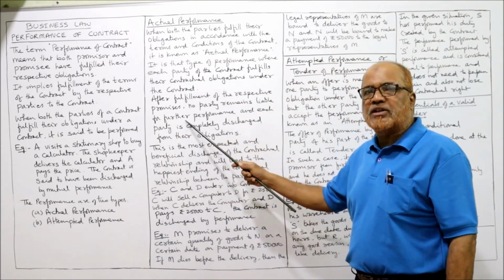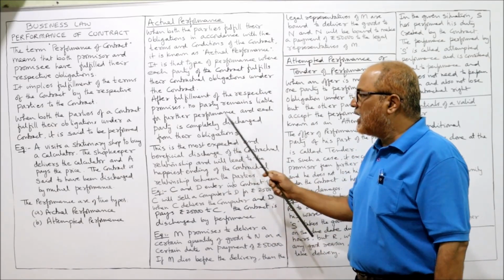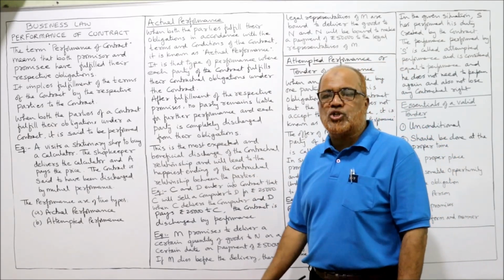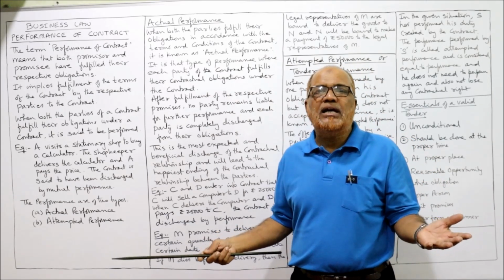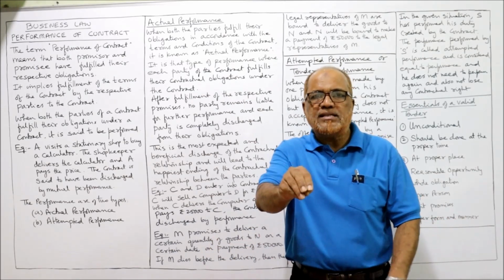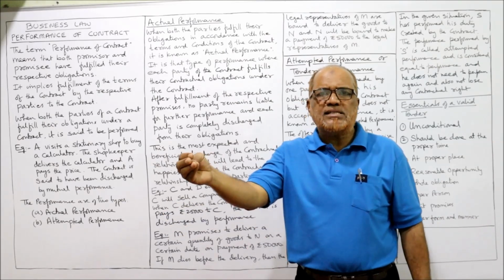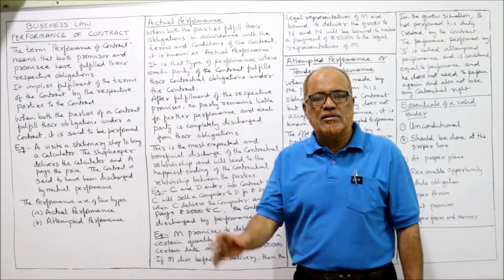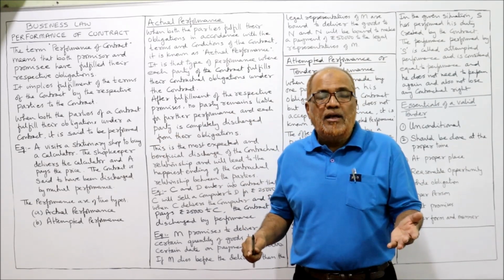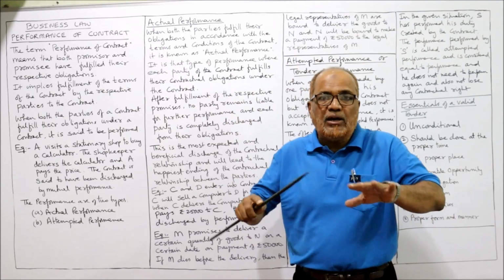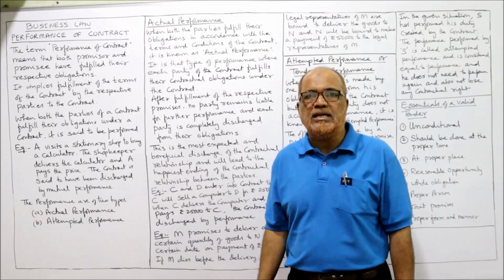After fulfillment of the respective promises, no party remains liable for further performance, and each party is completely discharged from their obligations. Once their obligation is completed, they are not liable for any other performance. Like A has paid the price to the shopkeeper, his obligation is completed. B, the shopkeeper, has delivered the calculator to Mr. A. That means both have completed. That means no further liability on the parts of both the parties, and the relationship comes to an end.